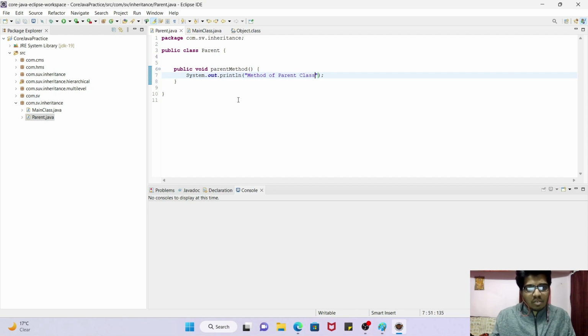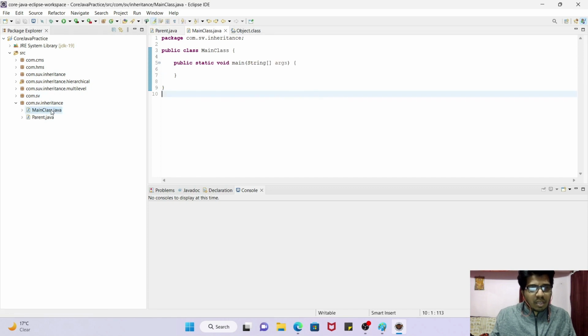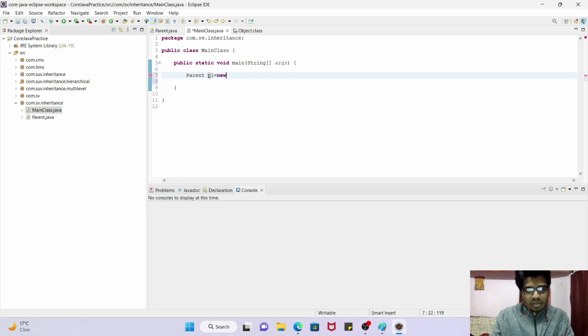Control S, I have saved this. Now inside our Main class, let's create the object of the Parent: Parent p1 = new Parent();